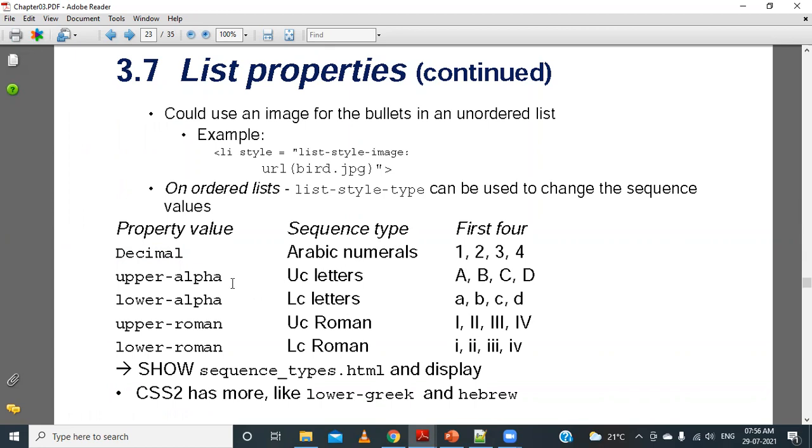If you set it as upper-alpha, it will be uppercase letters in this order. Similarly, we can have lower-alpha or upper-roman or lower-roman. And in the latest versions, there are different types also available, like lower-greek or lower-latin, and armenian, and so on. So there are different property values that we can apply.